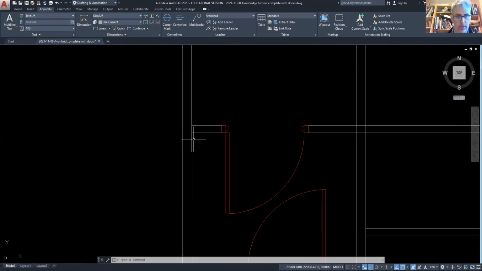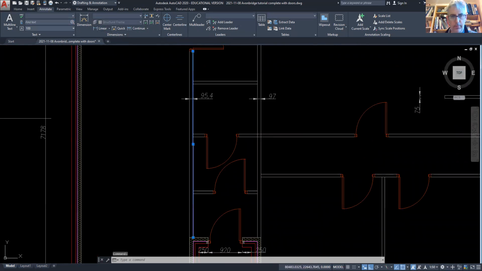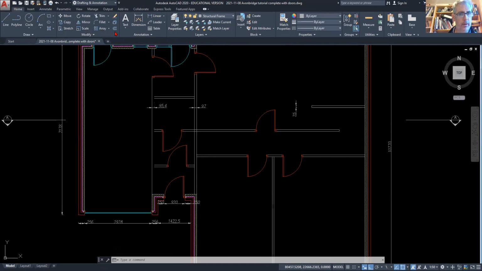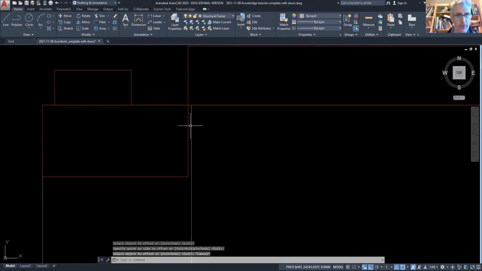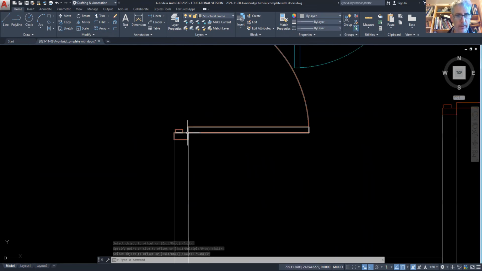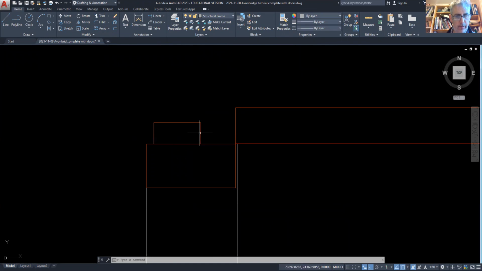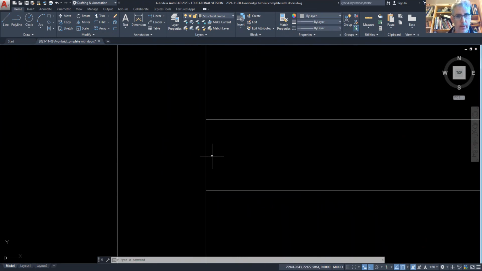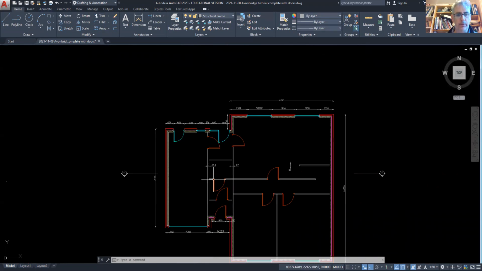You can see it just there. So we're going to just change that again. I'm going to offset this particular line again. Okay. Yep, so that's the problem, is that we've got this door frame slightly out, but that's because it's 95 rather than 97. Okay. Right, so